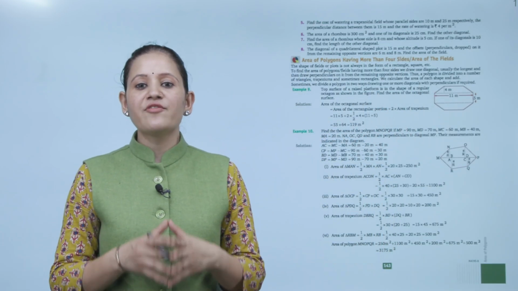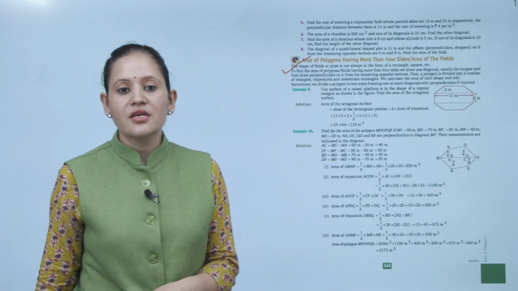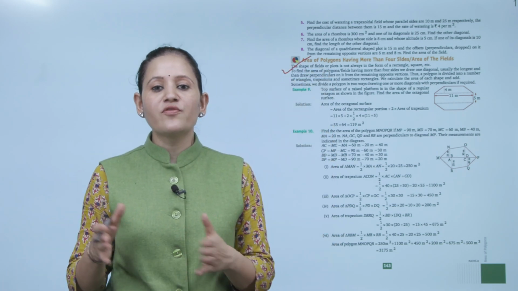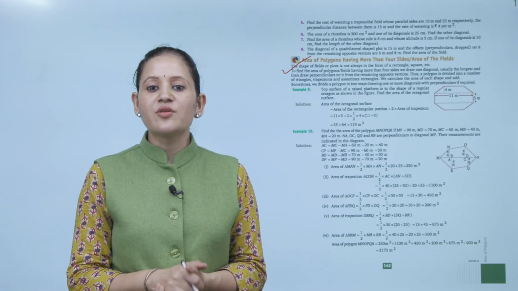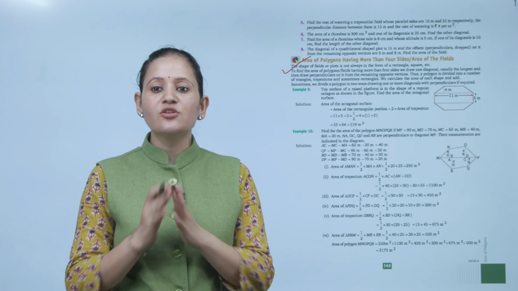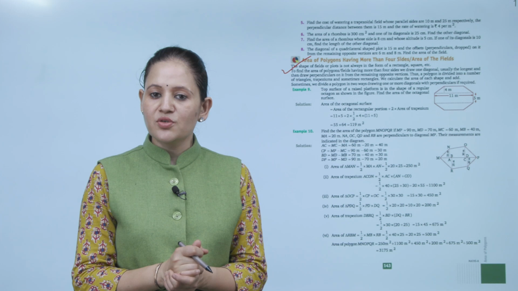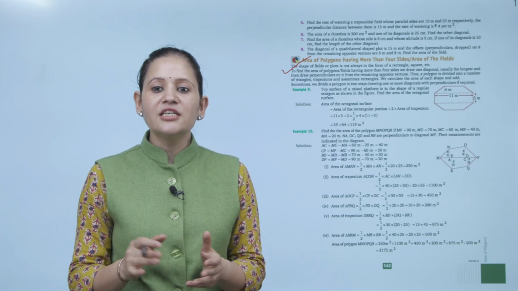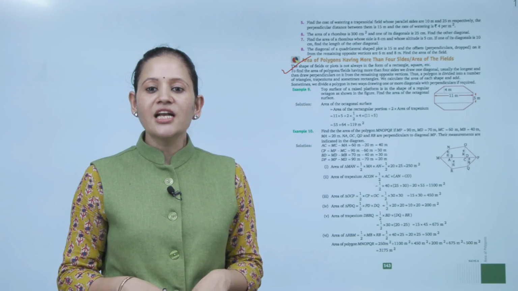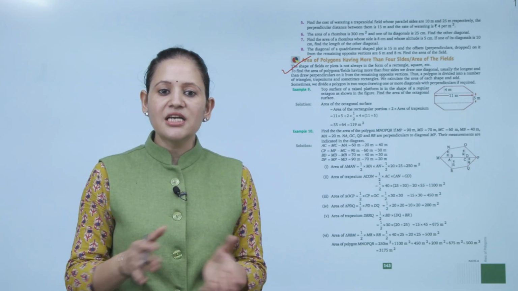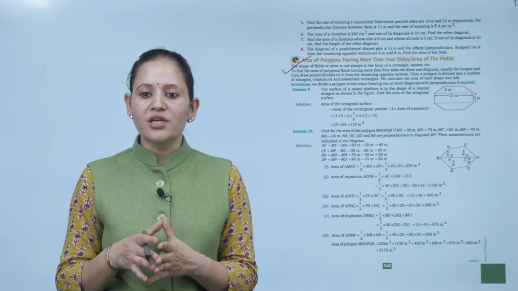Next is the area of a polygon having more than 4 sides, or the area of a field. The shape of a field or plot is not always in the form of a rectangle or square. To find the area of a polygon or field having more than 4 sides, we draw one diagonal, usually the longest, and draw perpendiculars on it from the remaining opposite vertices. Thus, the polygon is divided into a number of triangles, trapeziums and sometimes rectangles. We calculate the area of each shape and then add. Sometimes we divide the polygon in two ways, drawing one or more diagonals with perpendiculars if required.